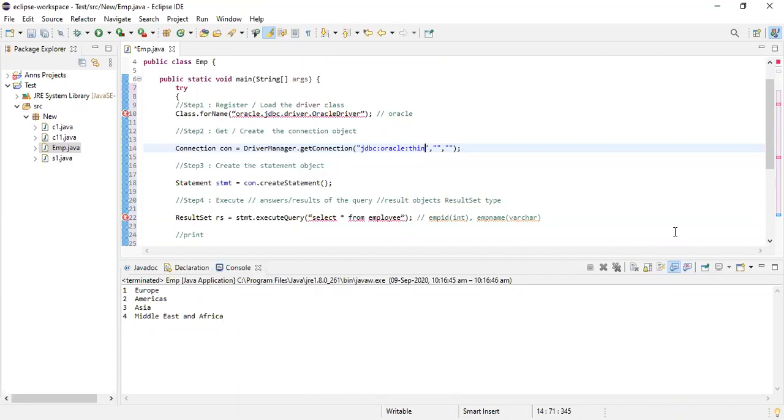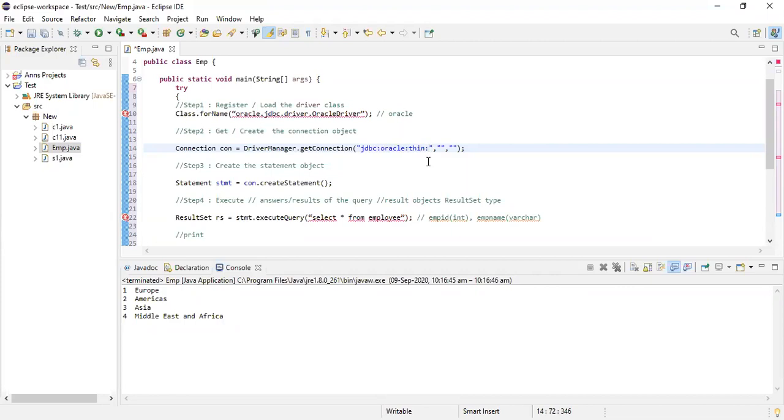The connection between your program and your database happens directly. Because the driver we are currently using is the thin driver, that is why I've written thin over here. We are using the JDBC driver, connecting it to the Oracle database, and employing a thin driver.